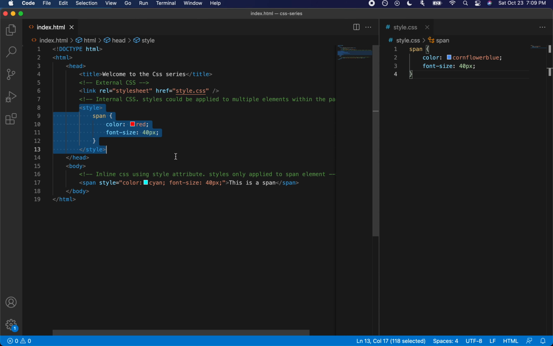The third way is to use an external style sheet which has all the CSS rules. The style sheet has a .css extension. In this method, all the CSS rules go into the style sheet and then the style sheet is linked into the HTML page using a link tag. We have also discussed why using an external style sheet is considered a best practice.